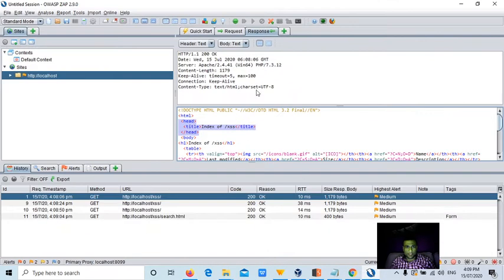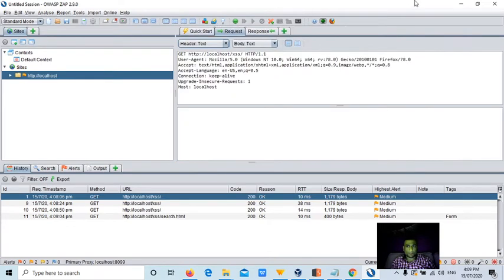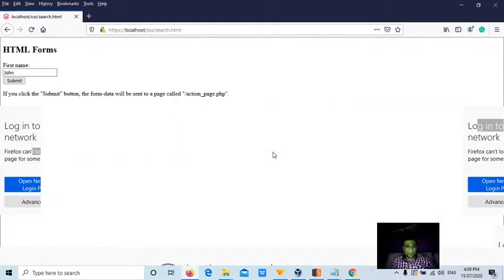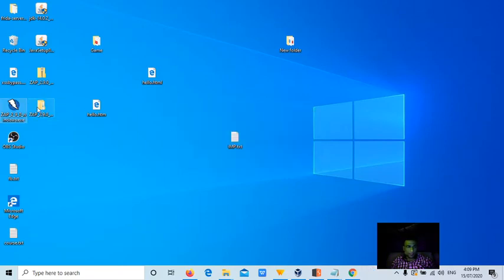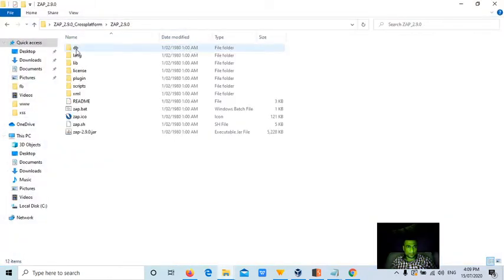Okay, let me uncheck this. Let me close this and let me open once again the Burp proxy, ZAP proxy, sorry, not this one, right, within this particular cross platform.